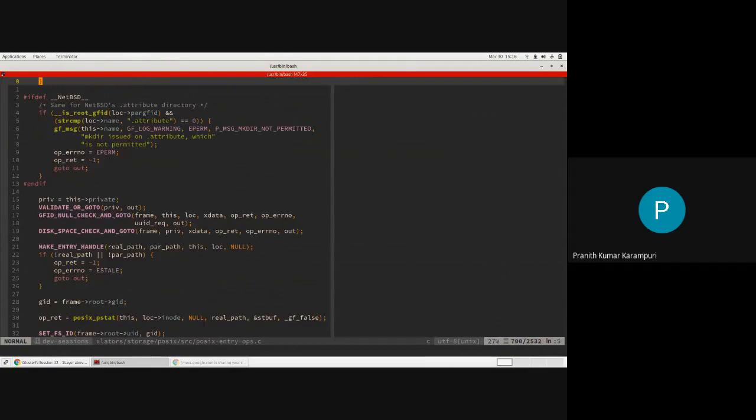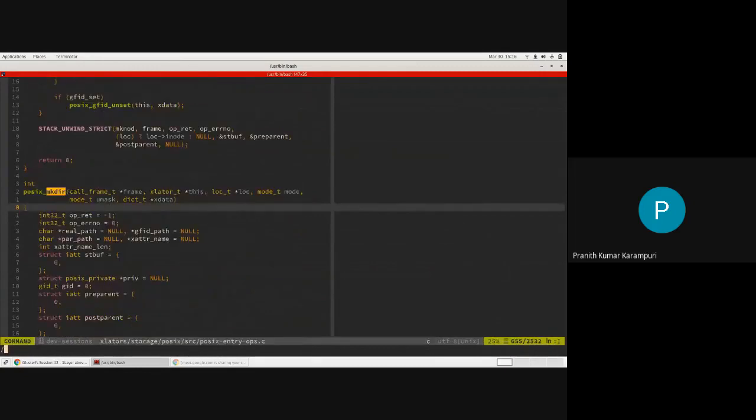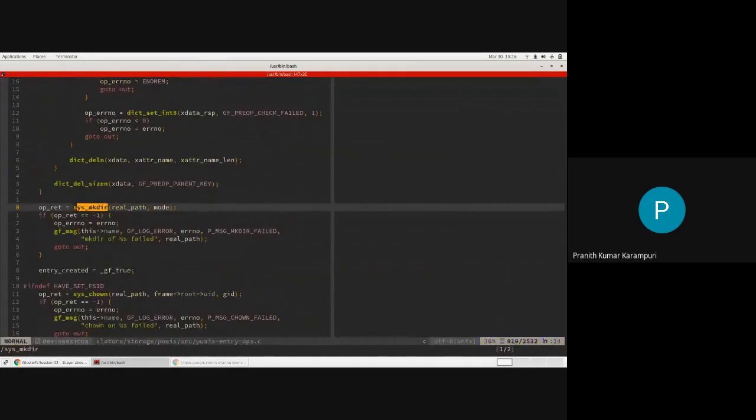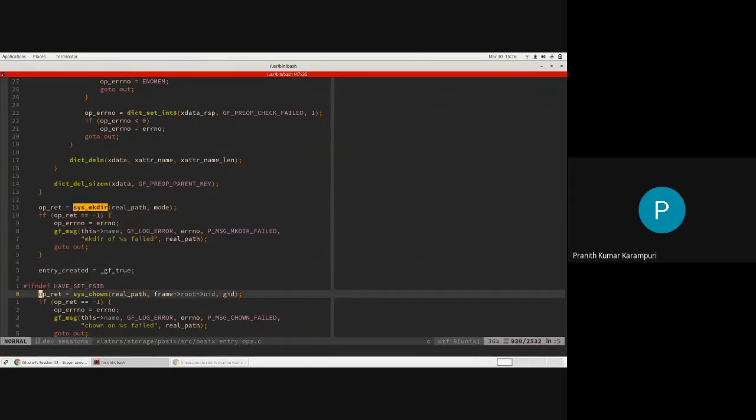So it will do the mkdir, which is a sys mkdir. Yeah, it will do sys mkdir. Then the UID and GID, the user ID and group ID.